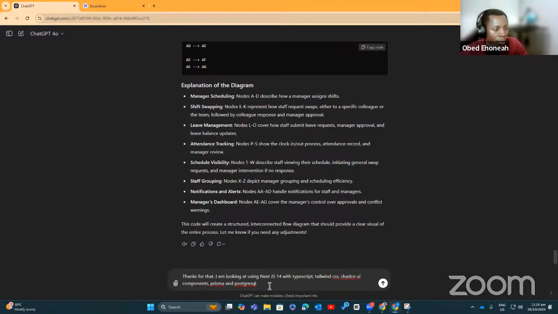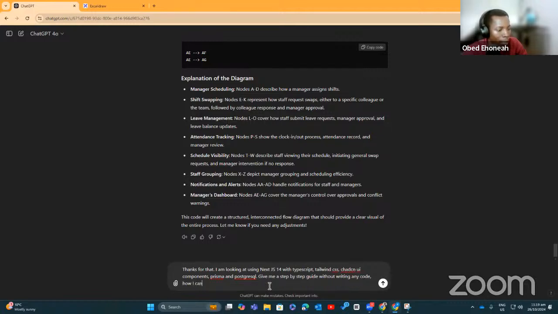PostgreSQL. Okay, what else will I tell you? Give me a step by step guide without writing any code, how I can approach this.